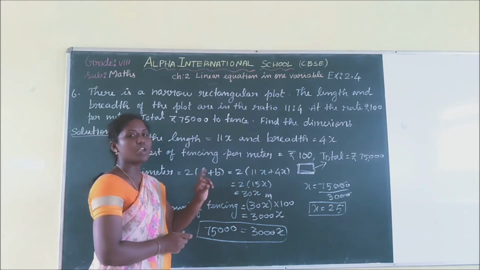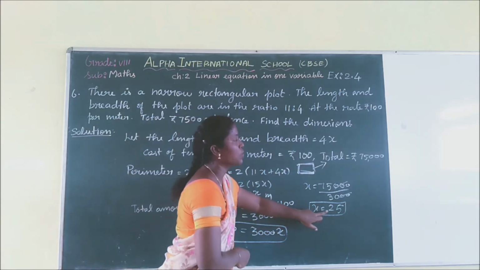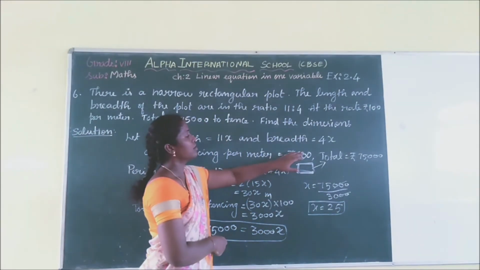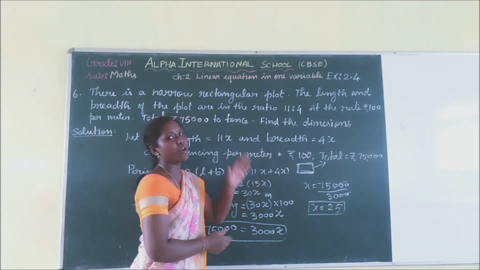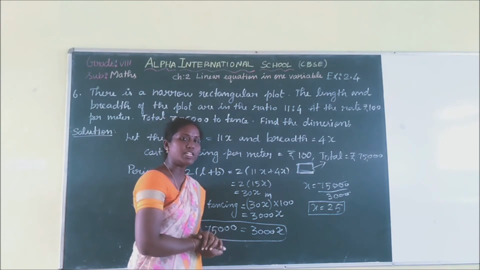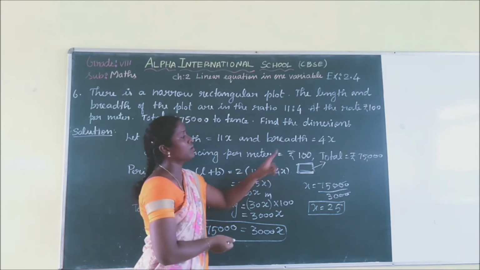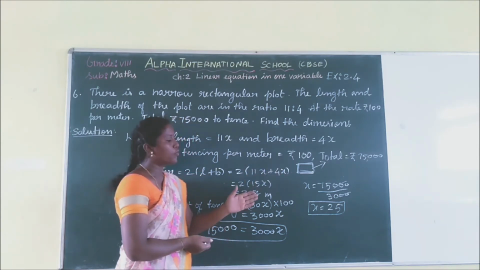What you are going to do is substitute the value x equal to 25 in length. What is length? 11 into x. So you have to find the value of length by multiplying 11 and 25, and give a value. Also breadth means 4x, which means 4